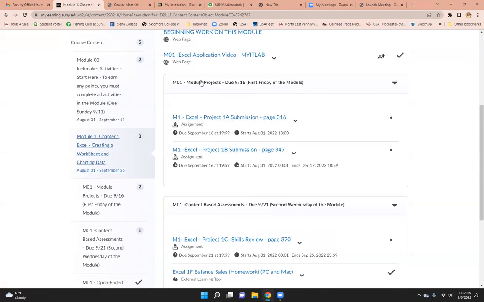So in the module projects, which are due the first Friday of the module on 9/16, you can see that it's module 1, Excel project 1A submission. It begins on page 316 in the e-text. Okay. This is project 1B. It begins on page 347. So if you look at this